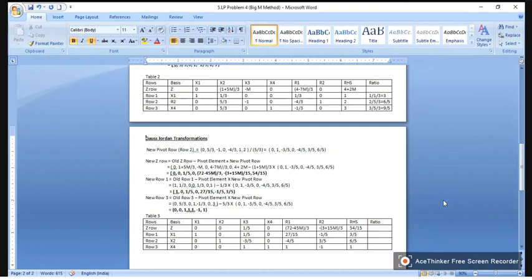R1, R2 and x3 are non-basic variables. Non-basic variables means they are equal to 0. x3 is equal to 0, R1 is equal to 0, R2 is equal to 0. So x1 is equal to 3 by 5, x2 is equal to 6 by 5, x4 is equal to 1. Now we have to check whether any non-basic variable can enter the basis. For example, x3 can't enter the